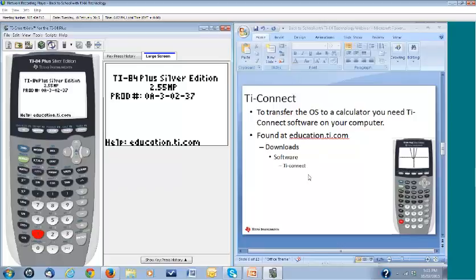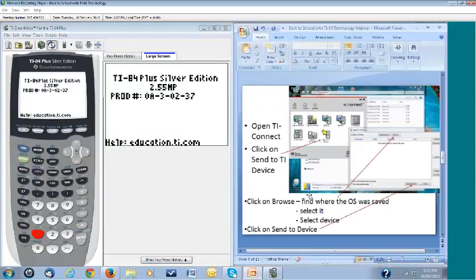It's a free download. They just need to install it. When they have got it installed, what they will notice is when they go to the file that they have saved, if they right-click on it, it will ask them, do they want to send to device? So that's one option. The other option, to be able to do the transfer, you need to open up your TI Connect,